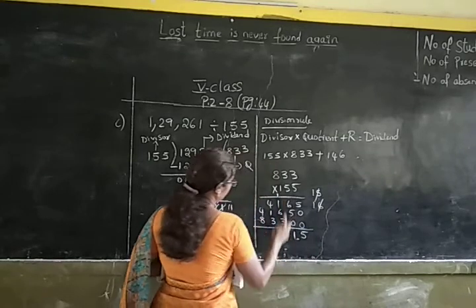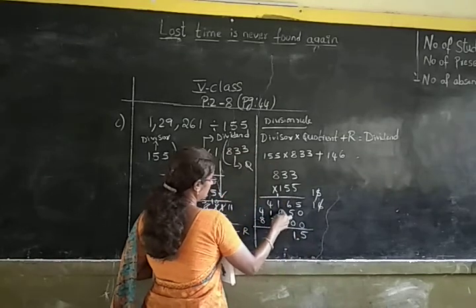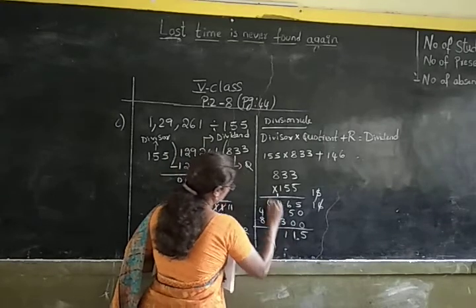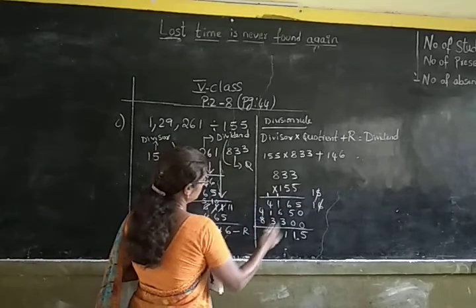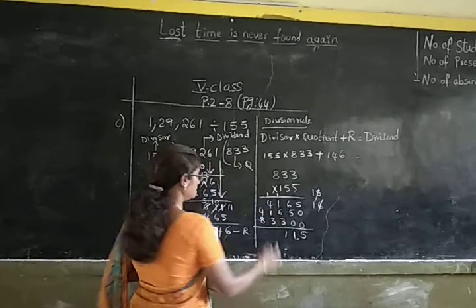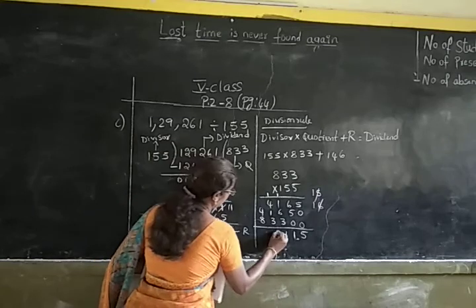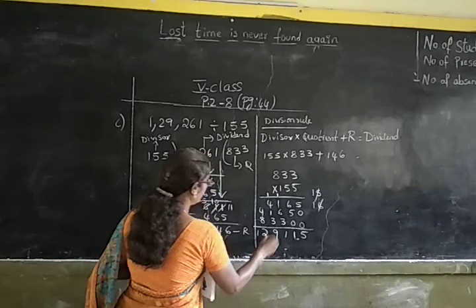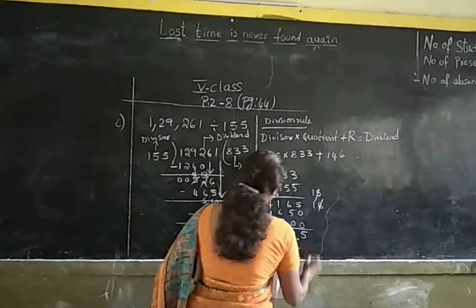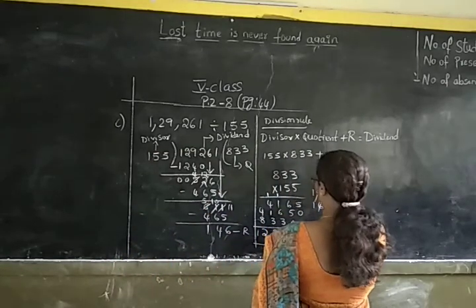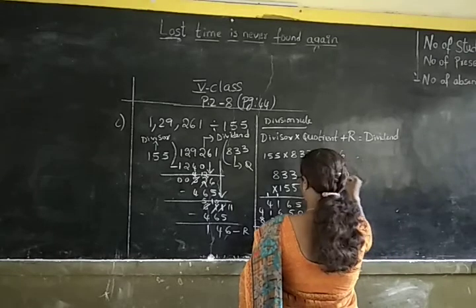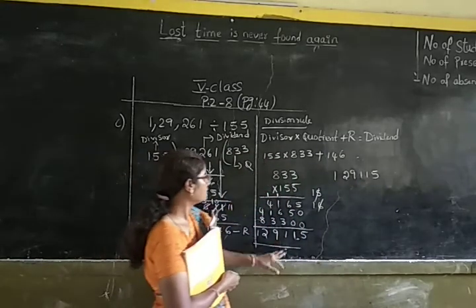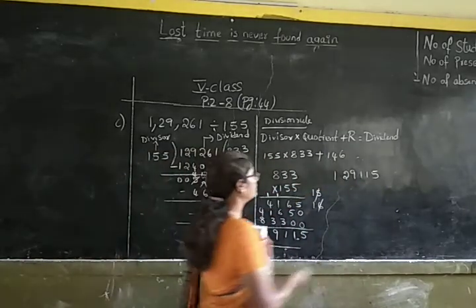Okay. 5, 11. 6 plus 5 is 11. 6 plus 3 is 9. 9 plus 1 is 10. 10 plus 1 is 11. 4 plus 1 is 5. 5 plus 1 is 6. 6 plus 3 is 9. 8 plus 4 is 12. So we got 1,29,115. For this result, we are going to add the remainder, which is